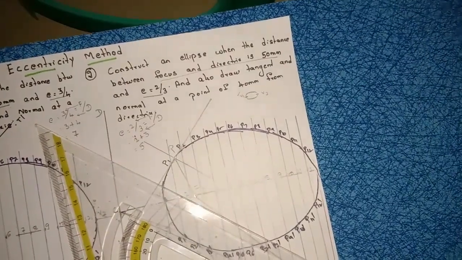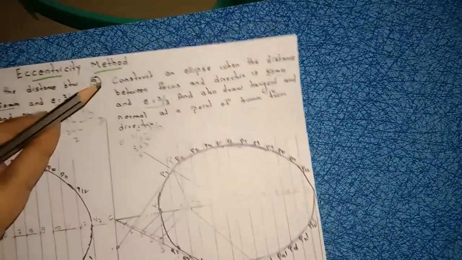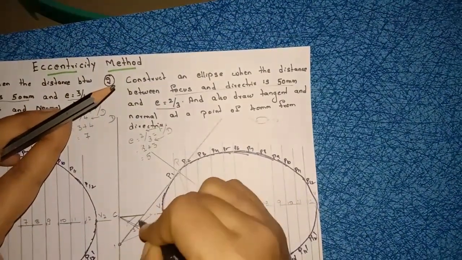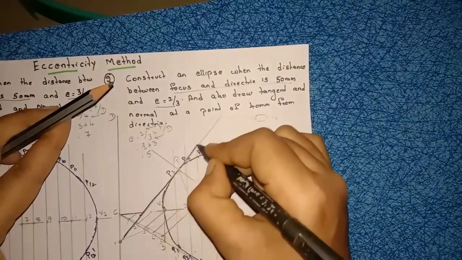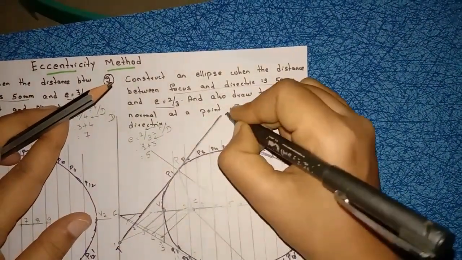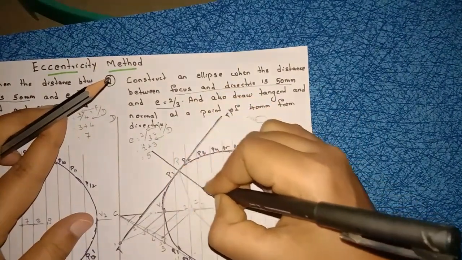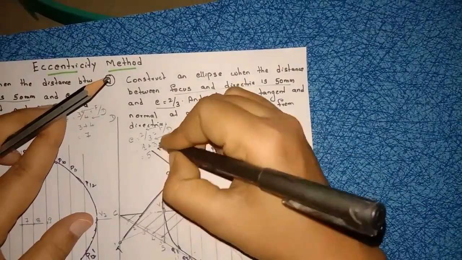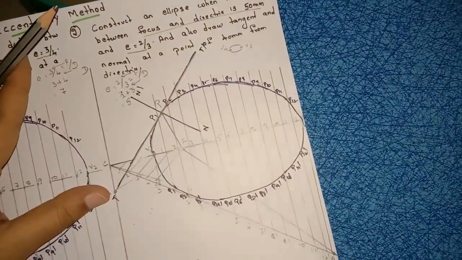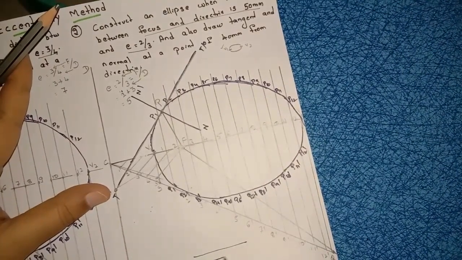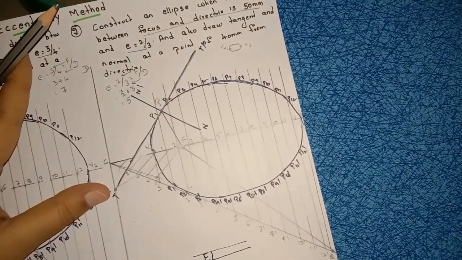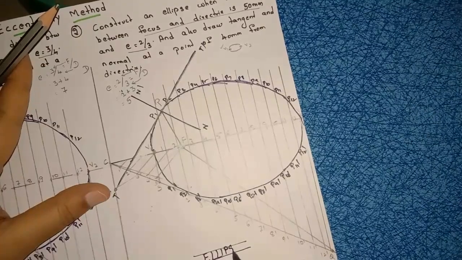Right? So here the tangent and normal are also output, no? So the tangent and normal should also be in dark. This is your tangent T dash. This is your normal N dash. After completion of your diagram, take height 5 mm and write down here: ellipse.